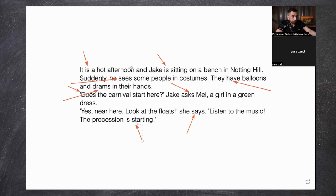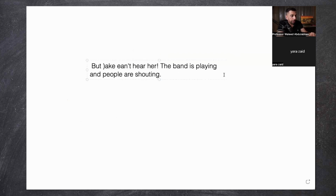Jake asked Mel, a girl in a green dress. Yes, near here. Look at the floats. She said, listen to the music. The procession was starting. The only change is on playing in this sentence. Playing. If you notice,